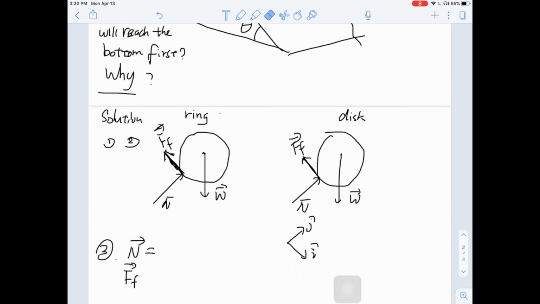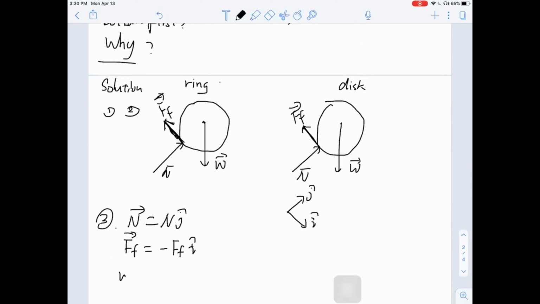The normal force is in the J direction. For friction force, it's in the negative I direction. For the weight force,